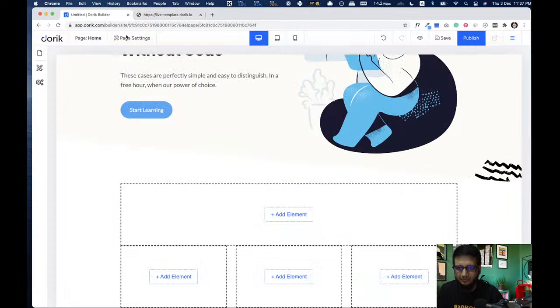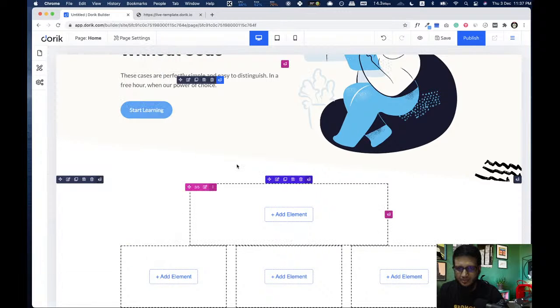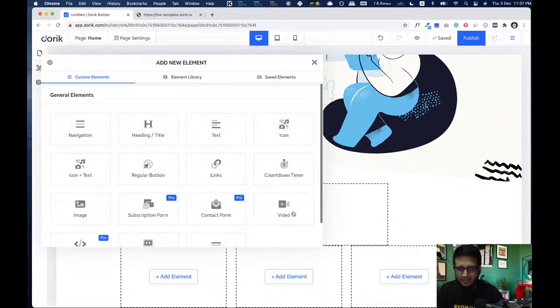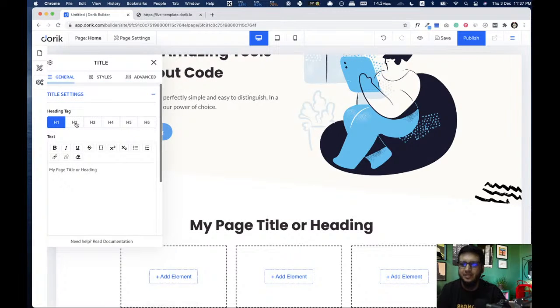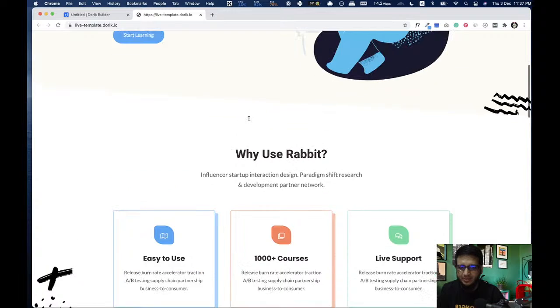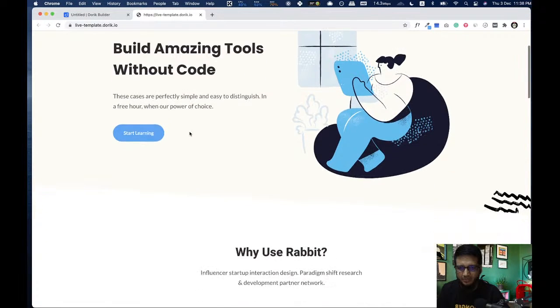Okay, so let's start. I'm gonna make it a little bit smaller. Let's say it should be 60%. So okay, as usual we are gonna add a heading, and yes, heading h2. We are gonna use h2 because, as I said, only use h1 one time in the page.